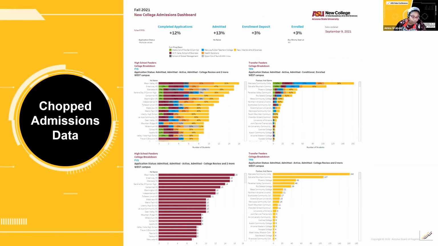If you're still hungry for more, we have our chopped admissions. And this, I guess a play on words, chops up our top feeders by where they're going to at ASU. So again, we still have that top row that stays constant. This time we're looking at not only New College, but at different colleges on West Campus and how